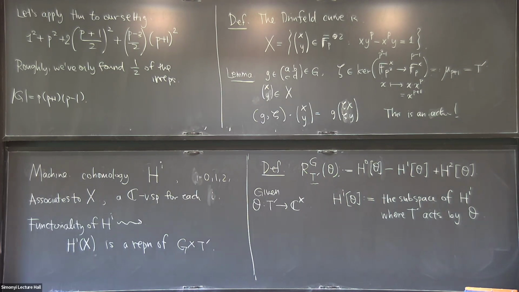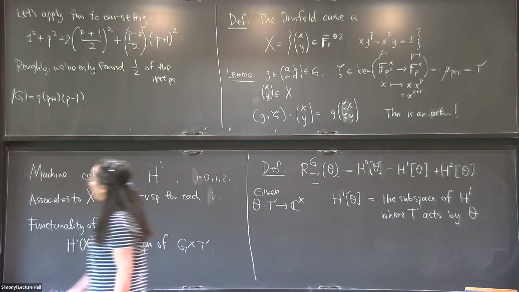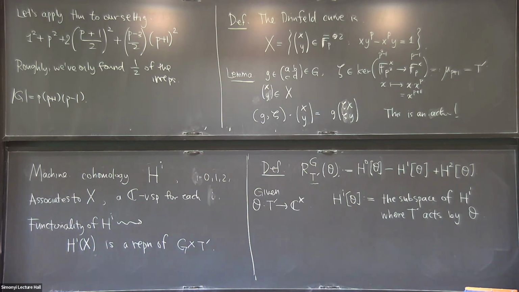Can I ask a question? Yes, please. How should we think of minus at this point? Yeah, that's a good question. We know from linear algebra that maybe minus a vector space is not really such a good thing to think about. However, in representation theory, because we also have this group action that's distinguishing certain subspaces,